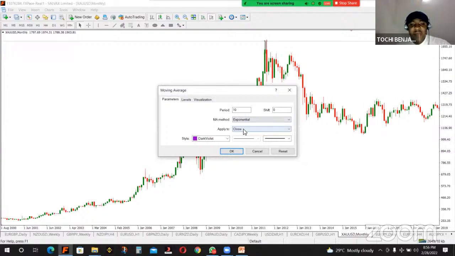Now, if you want to write this down: the moving average you use determines the kind of trader that you are. If you are a scalper, that means you don't stay long in the market. You collect 10 pips, 20 pips and run away for your life. A scalper should use 5 and 10 period moving average.